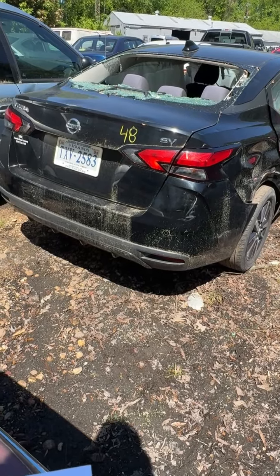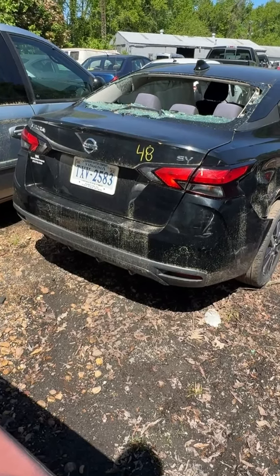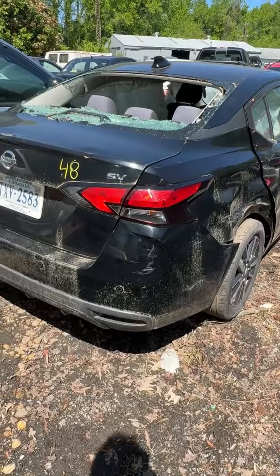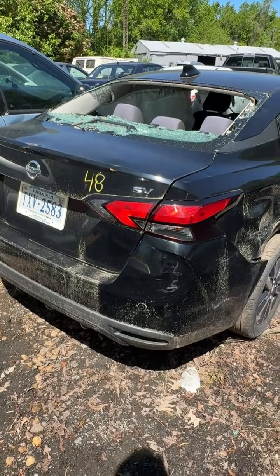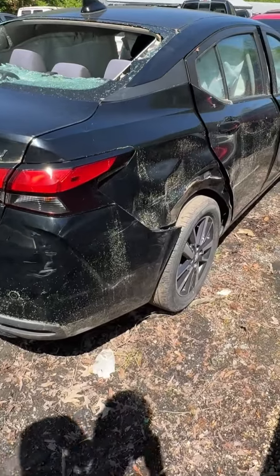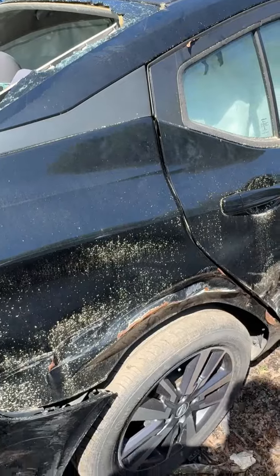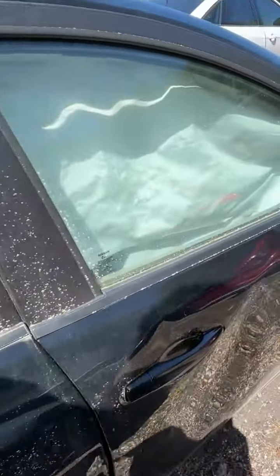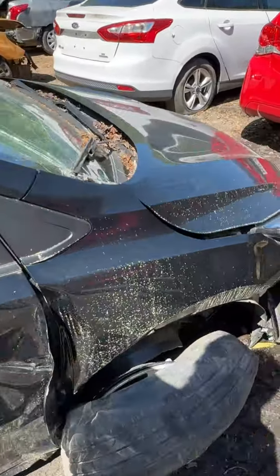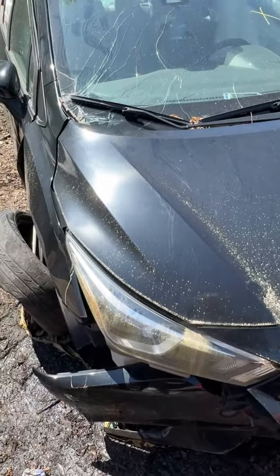Okay, we're on lot number 48. This is going to be a 2020 Nissan Versa. No key on the Versa. Wrecked kind of all the way around, so let's take a look at it from the back end. You can see the broken glass on the back end, scuffs, dings all the way. Got the jacked up fender back here on the back end, but air curtains have deployed. Dents continue all the way up. You can see the wheels jacked up as well